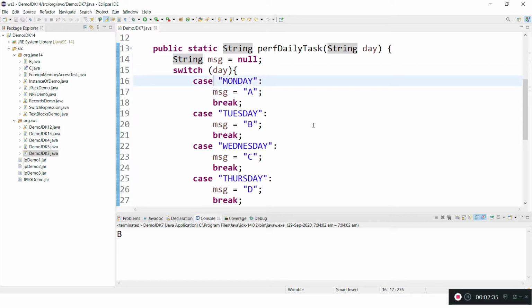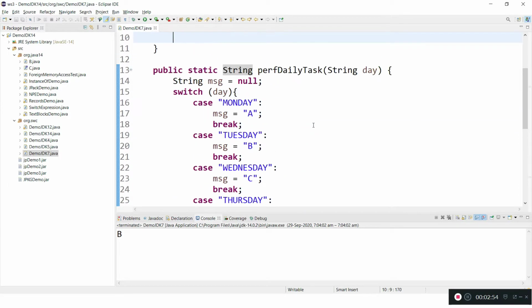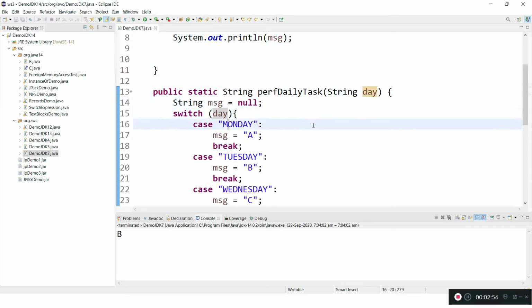here the problem or drawback of the switch statement is that the cases don't return any value. If I want to return some value, I cannot do this. What I was doing is taking some variable and storing the value I intended to return into this variable, and finally returning that value as part of the method. This is how we were doing it, but we cannot return directly from switch cases. That is the first disadvantage or drawback with the switch statement.